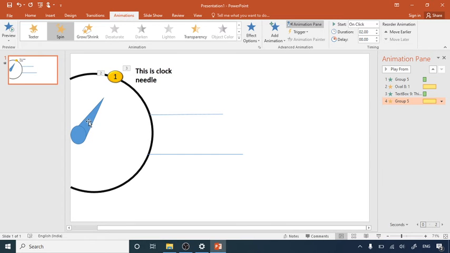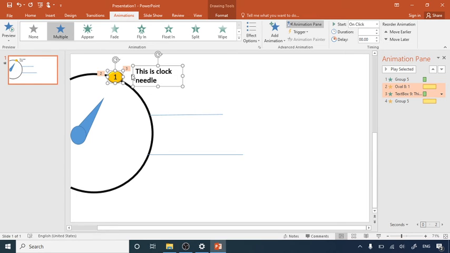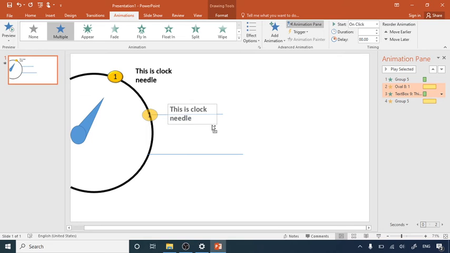Now we have all these animations. Simply I am going to select this, and by using the Control button I'm going to move this down over here like this perfectly.